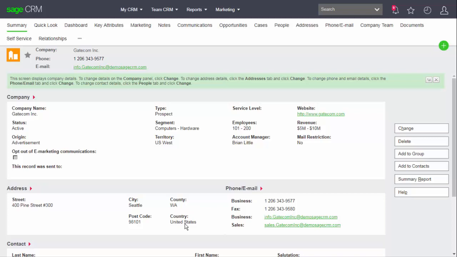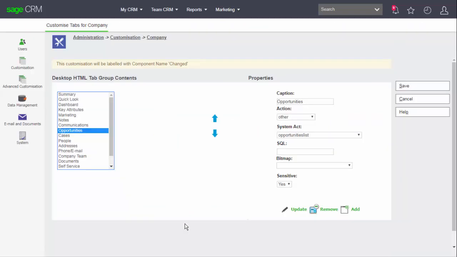For example, here you can see I'm looking at a company summary screen. So we're in the company context, and you can see here the Opportunities tab at the top of the screen. We may only want the Opportunities tab displayed if the company is of type Customer. Now this is the tab menu definition for the Company tab menu, and you can see that I've